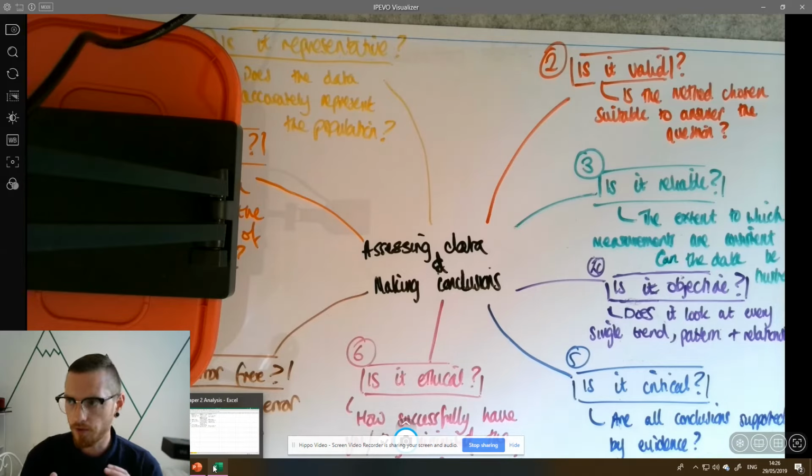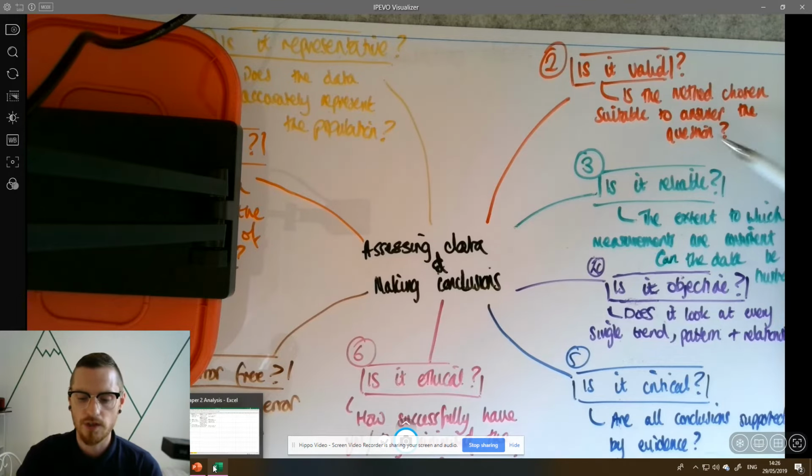So for example, how does the width of a river change from site 1 to 3? You're measuring the width of the river in those 3 sites. Well, that's valid because the method chosen is suitable to answering that question. So when you look at your fieldwork or the unfamiliar fieldwork, think, is it valid? Next,